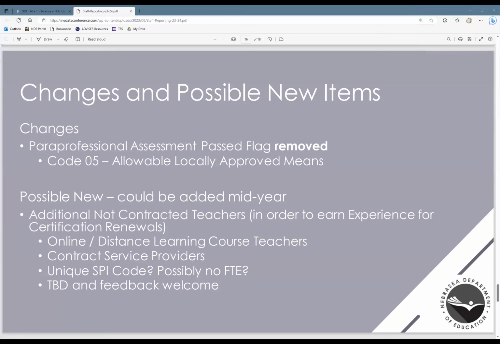And Carolyn definitely says different SPI code for that. Yeah, I think that's where we're leaning, just because that would be easier to make sure that we're excluding any of those data point checks of, hey, we have to have this information on this person. It's like, no, we know you're not going to have that. So that's kind of where we're leaning.